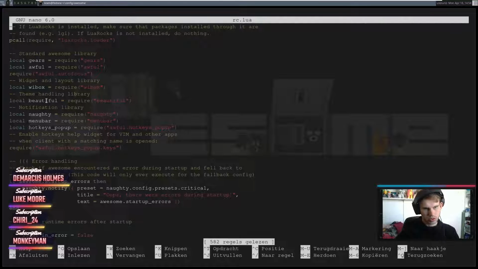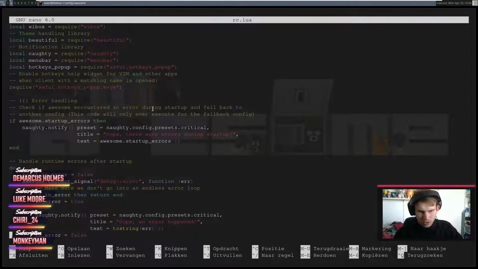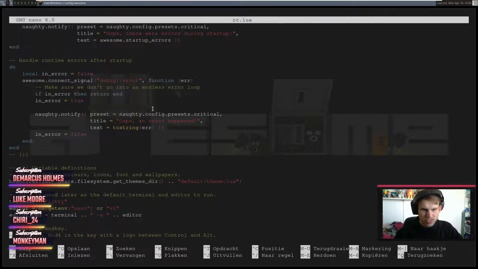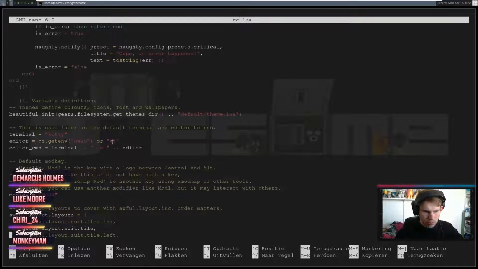cd .config, ls -al. Is there a PyCom thing in here? It doesn't look like it. Alright. So this is quite the predicament that I just got myself into.